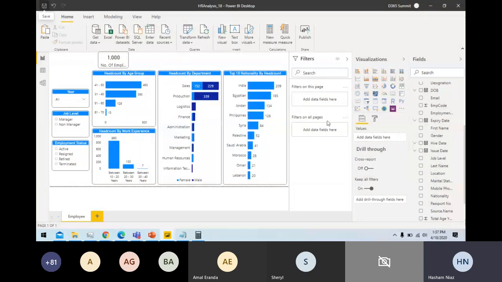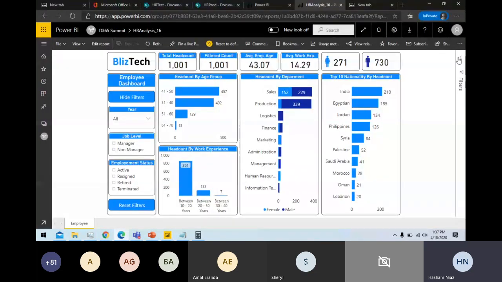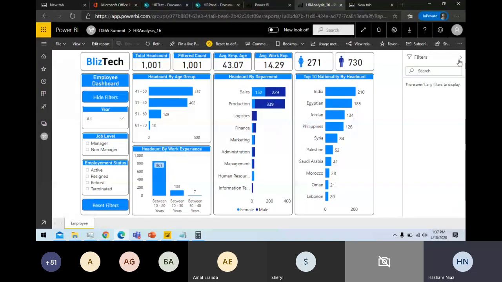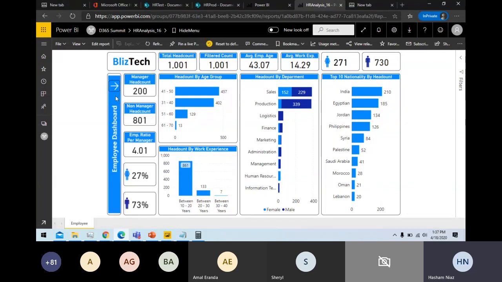So he's asking why I'm not using this particular filter pane. When I publish my report to web, this filter pane is going to be available, but I have this available for my users right on the screen, so they can make all these selections. And if somebody wants to hide it, they can hide this for now. So this will be hidden.